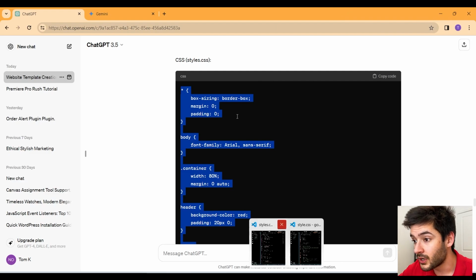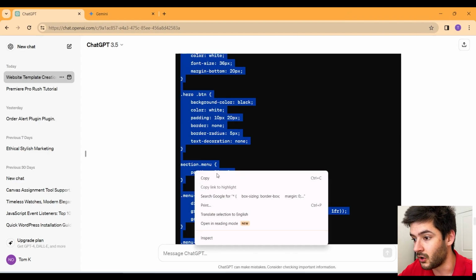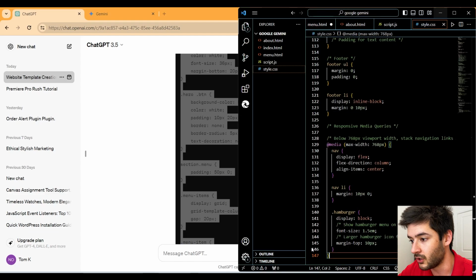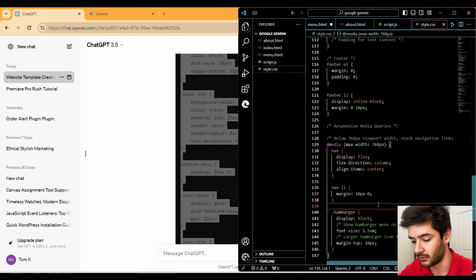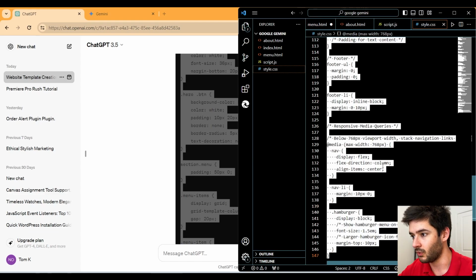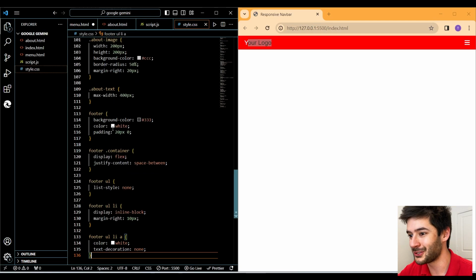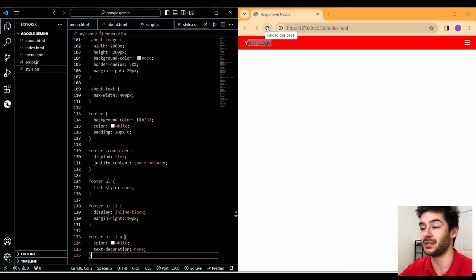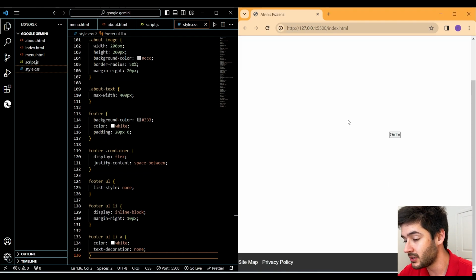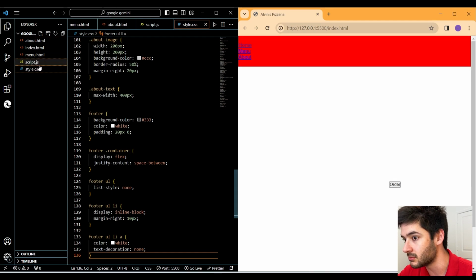Okay, so now we're gonna try out the Google code. I copied all this code. I'm gonna go ahead and move it over to Google Gemini now, and we're gonna see what Google is able to do for us, see if it can do any better. Now it's the moment of truth. Can ChatGPT create a better overall template? Let's see now. So as you guys can see, ooh,